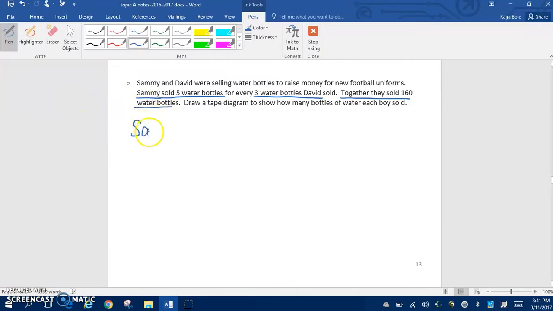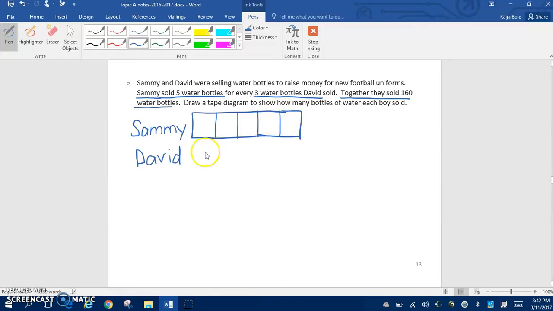So we're comparing Sammy and David. So we know the ratio: Sammy sold 5 water bottles, so Sammy gets 5 boxes. And David sold 3, so David gets 3 boxes. Remember to make sure they're connected. Okay, so now